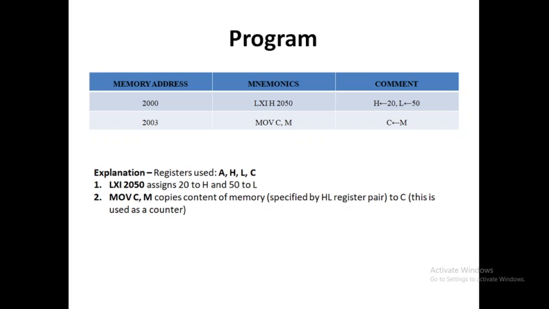So MOV C, M: copy the content of memory to C.